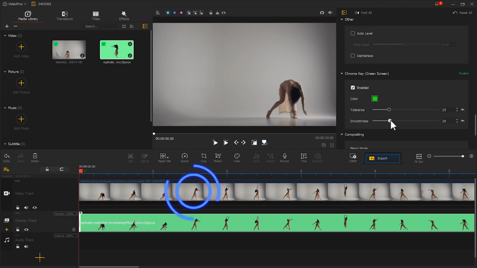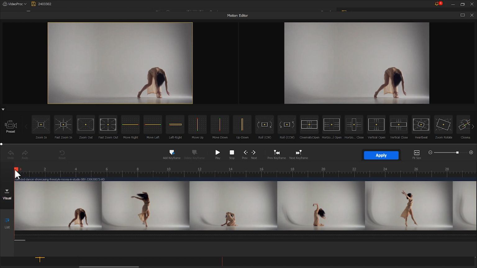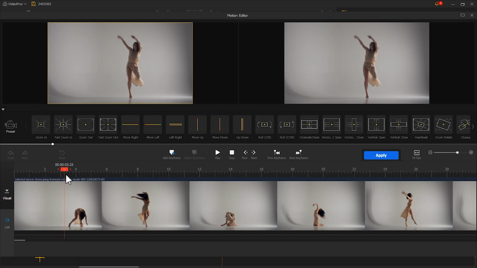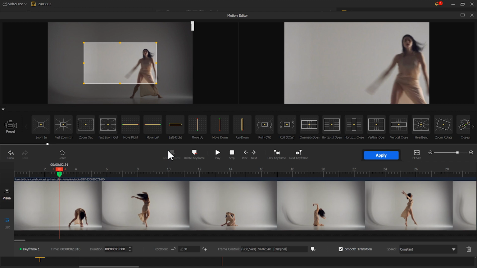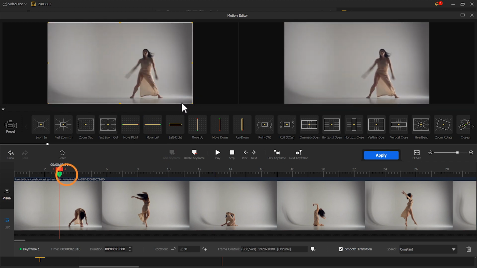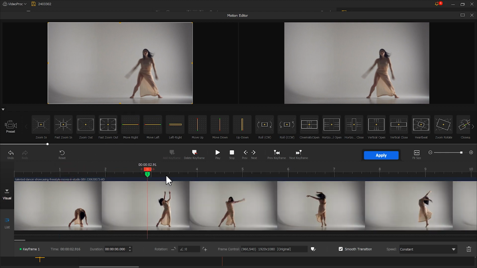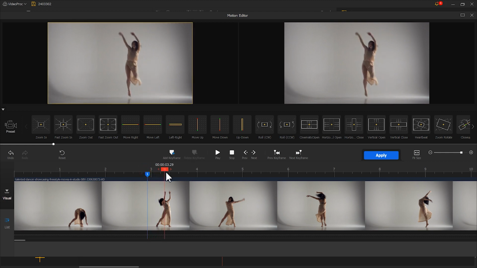After that, we select original material on the main track. Click Motion and browse the material. Find the position where the action is more obvious. Then we create a new keyframe at the beginning of the action. Restore the display window on the left side. And then click here to drag it back a little bit and enlarge the timeline. Then we slowly move the playback head backward to find the end position of the action, and then create another